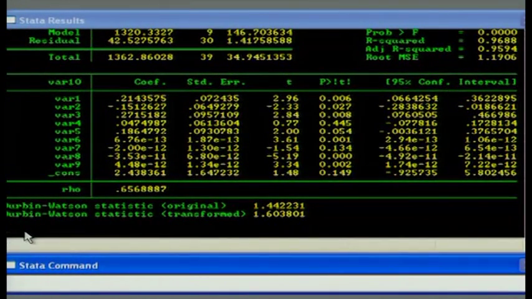And here you are, see the results. Variable 1 was the pound, so it is significant. Again, euro has a negative impact, yen positive. Look at variable 5, which was differential real interest rate, now it's become significant. 6 was money supply, 7 was money supply in the foreign country, 8 was GDP in the home, 9 was GDP in the foreign. The Durbin-Watson statistic after transformation has gone up from 1.44 to 1.60.